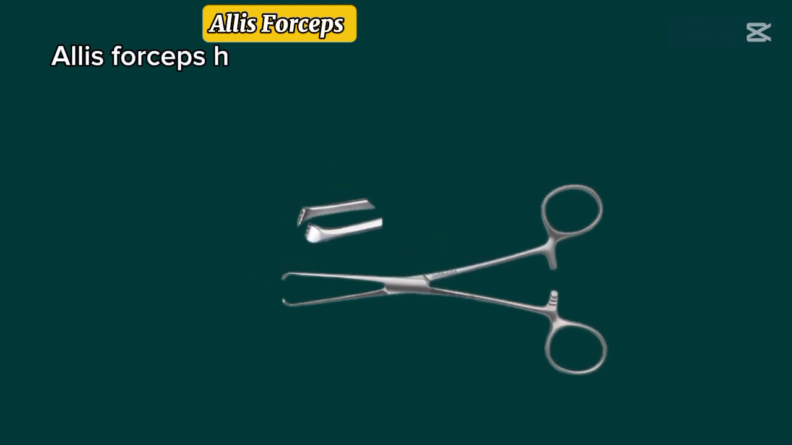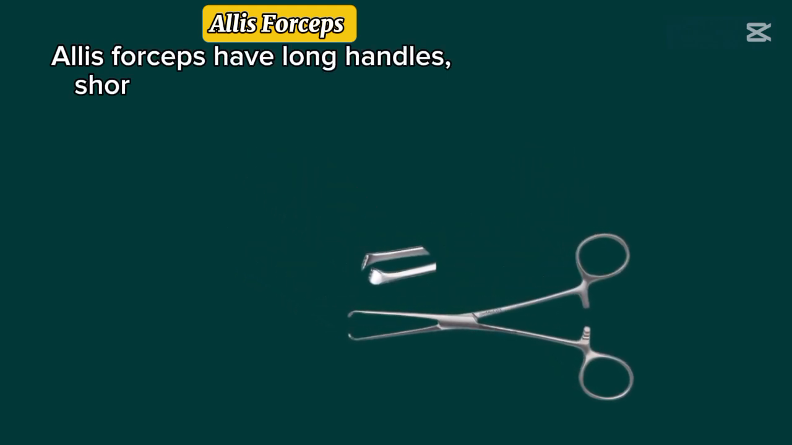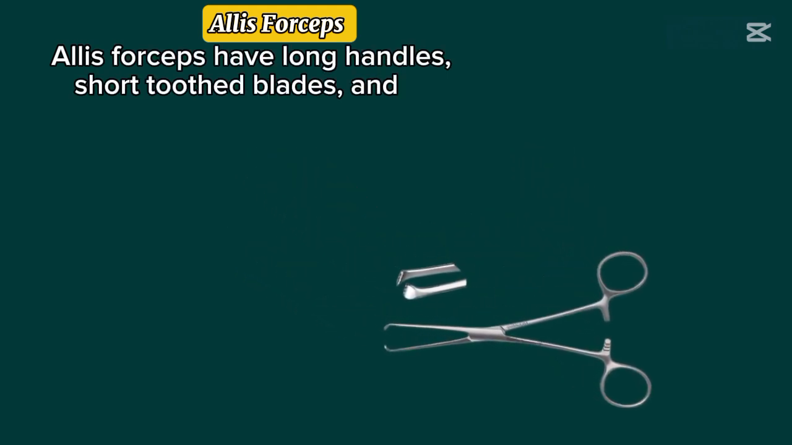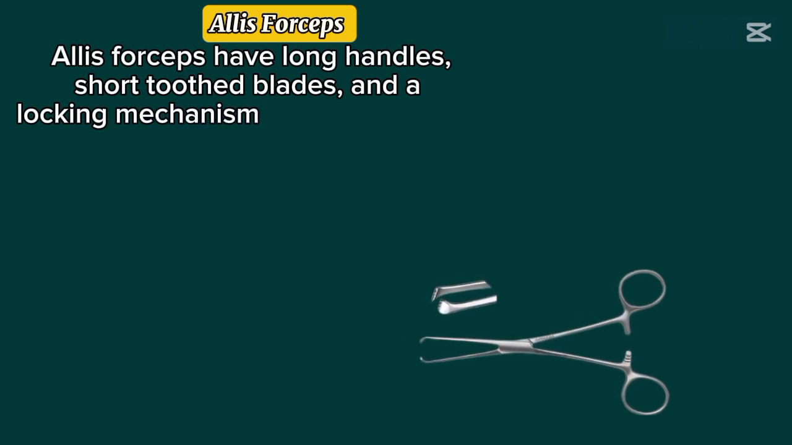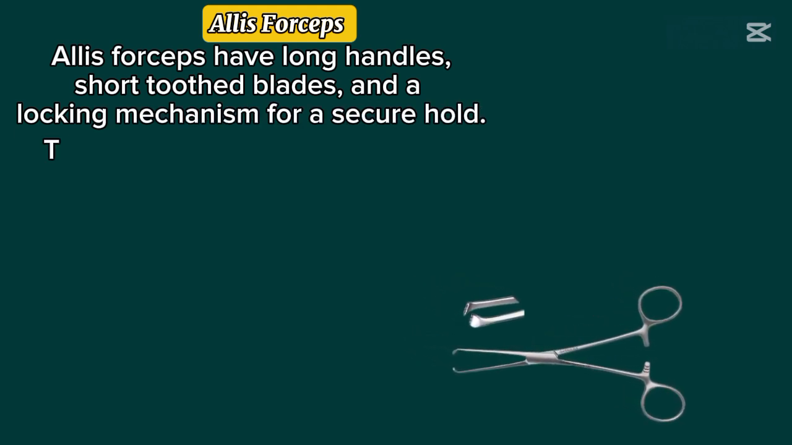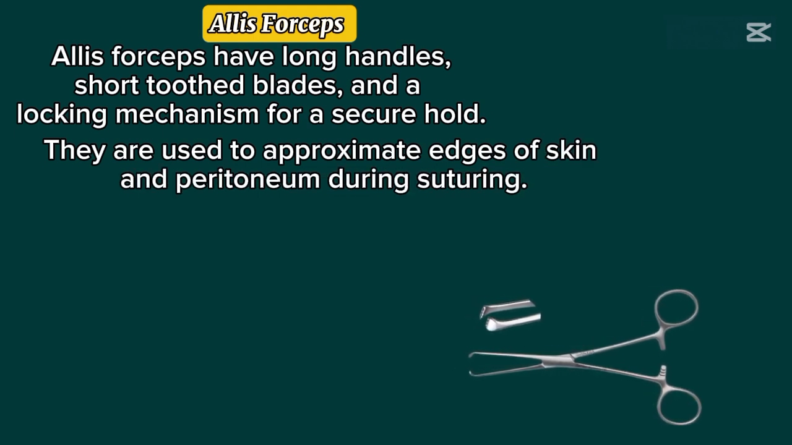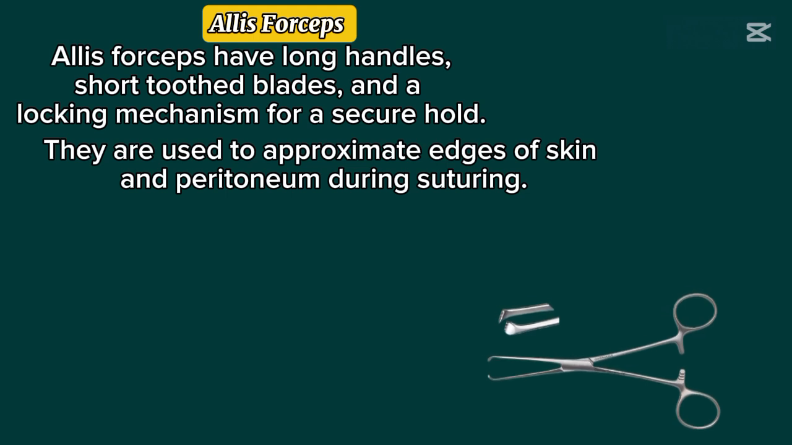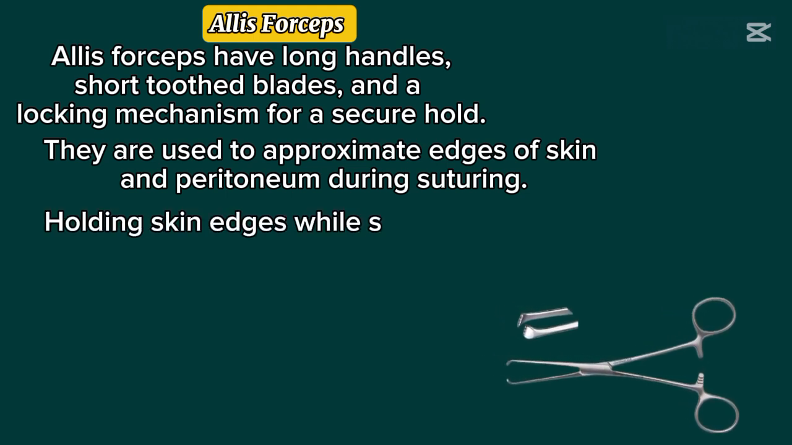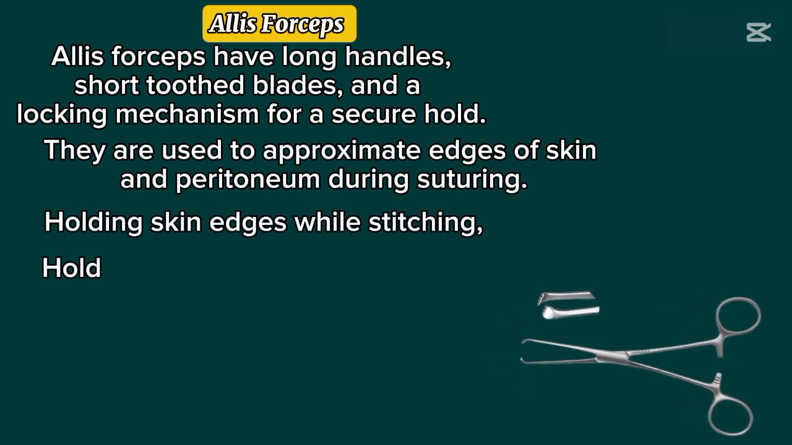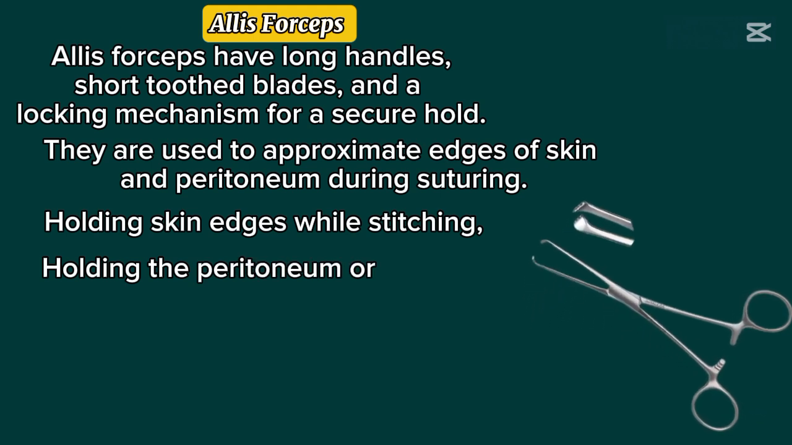Allis Forceps. Allis Forceps have long handles, short toothed blades, and a locking mechanism for a secure hold. They are used to approximate edges of skin and peritoneum during suturing. The most common uses of Allis Forceps include holding the skin edges while suturing,